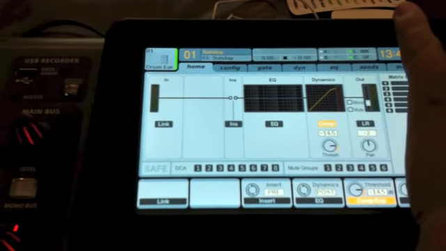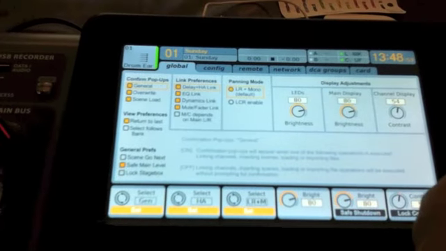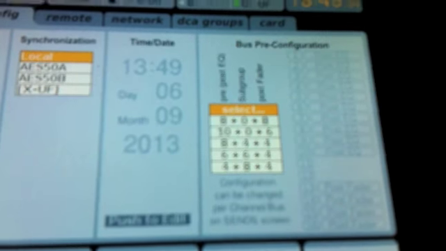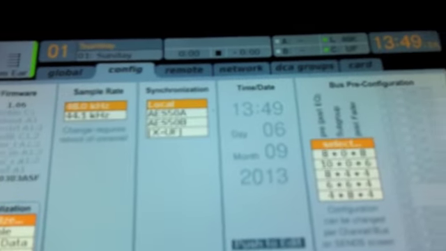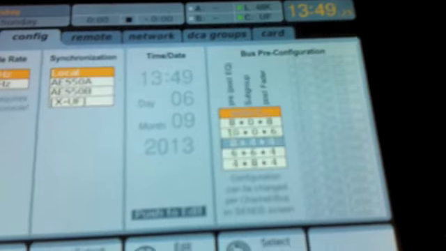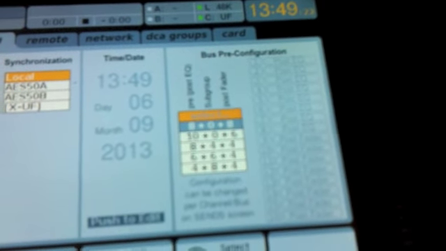Okay, so you get into your setup button here on the right hand side. Look for setup, hit setup, and it turns into global, config, remote. Go ahead and slide over to your config, and then on the right hand side here you'll see you've got your setup: your post EQ, your subgroup, your post fader. You can use your little analog stick there to dial in whichever one you want, like that. And so you can do 8 pre, you can do